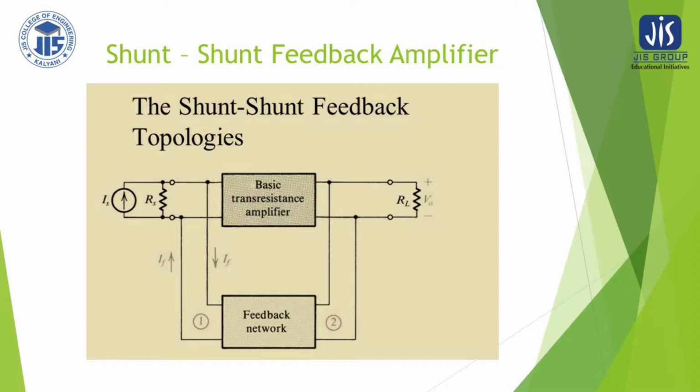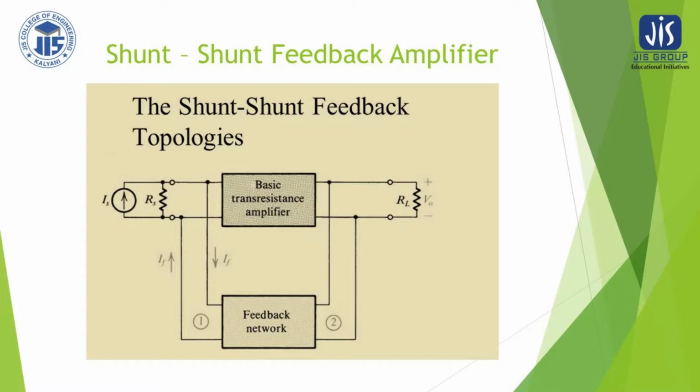Now here, as it is the shunt feedback amplifier, the current source is the source signal. Okay, so the source signal has parallel resistance, so it is a Norton equivalent current source which is connected to the feedback amplifier, and here it is the feedback network which gives you the dependent current source, which is beta V0. Why beta V0? Because output quantity is voltage, so voltage has been fed back to the input side as current. Okay, so voltage to current conversion has been done using the feedback network, and we are getting the feedback current given by beta V0.